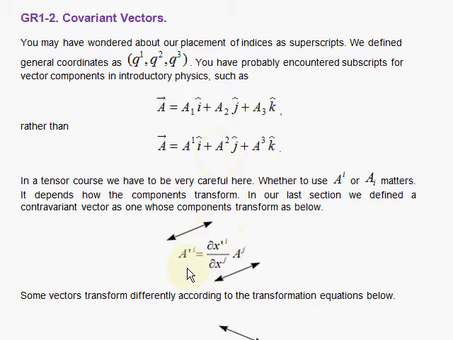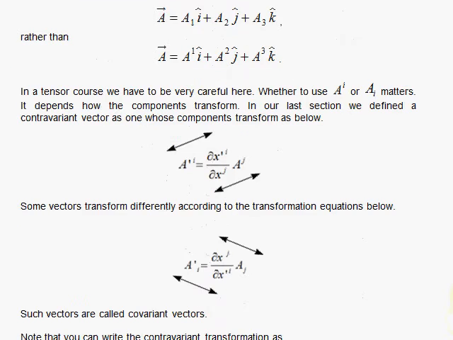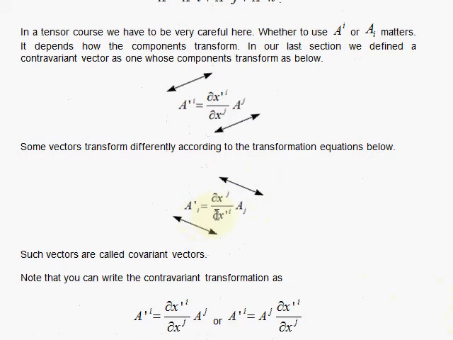The transformations would be given by this set of equations here, where the prime frame you see slanting in the upper right and the unprime in the lower right, and you have the prime on the left, the unprime on the right, and the partial derivatives with the prime on top and the unprime down below, with the sum on the j. Now when you look at the definition of a covariant vector, we're going to see that the slant